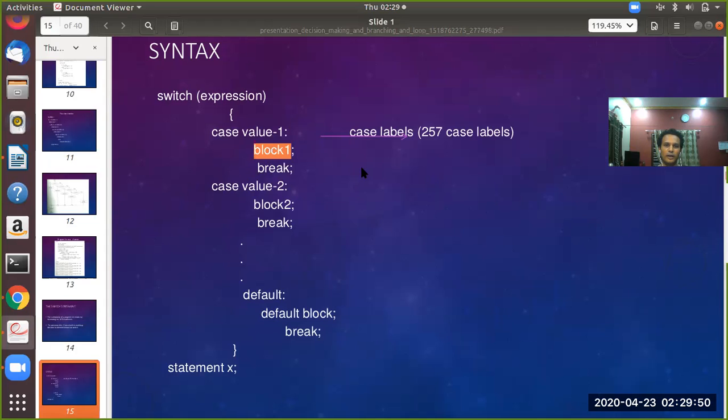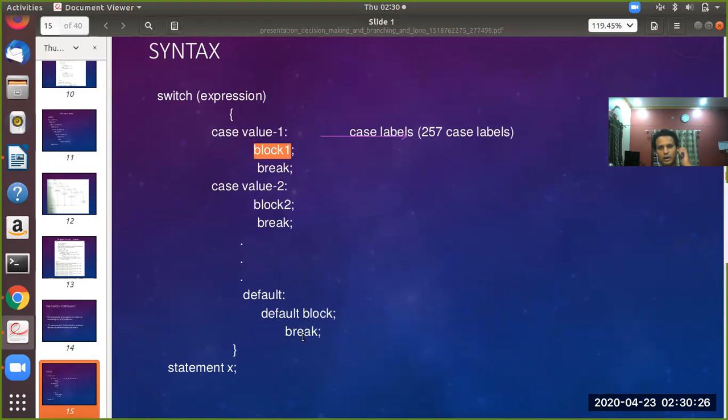And then break means after executing block 1, which is present in front of case value 1, the execution should come out of the switch case. Similarly, case 2, block 2 and break. Like that you can have 257 different cases in case the expression is declared as a character.